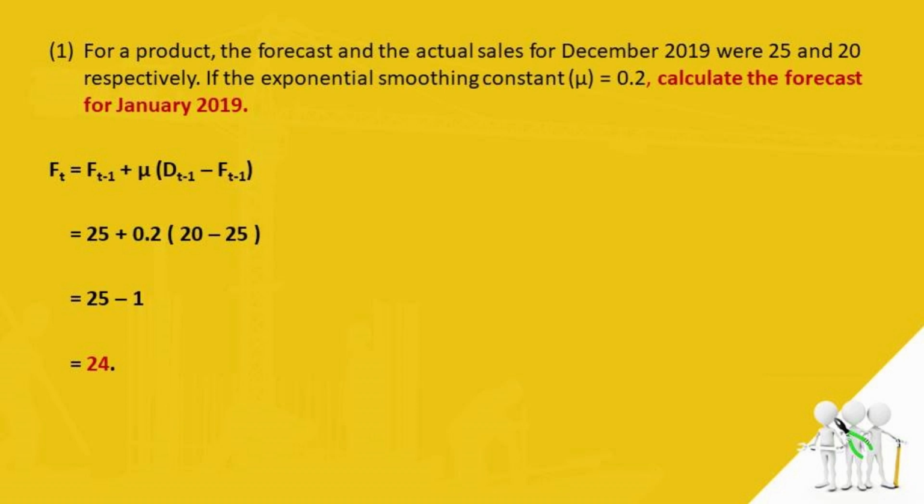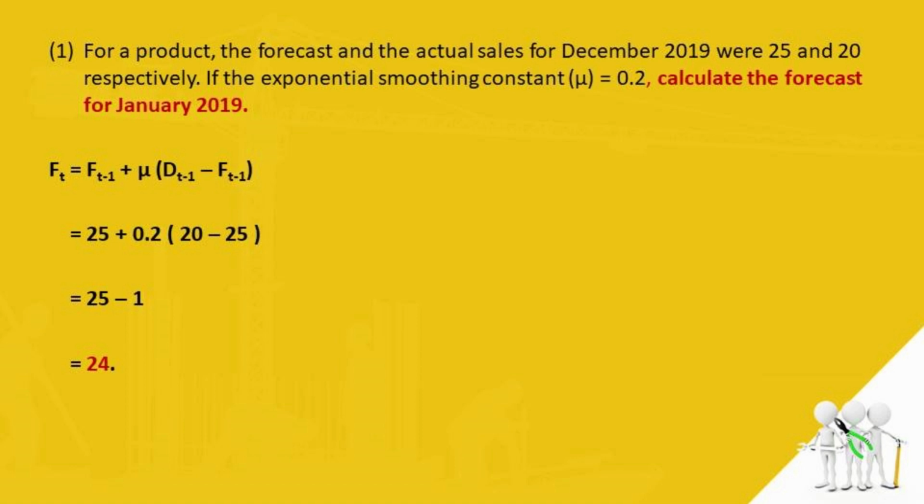We have almost completed all the theoretical portions of production planning and control. Now is the time to solve some numericals in order to refresh your memories as well as to strengthen it. So here we go. The first question goes: for a product, the forecast and the actual sales for the month